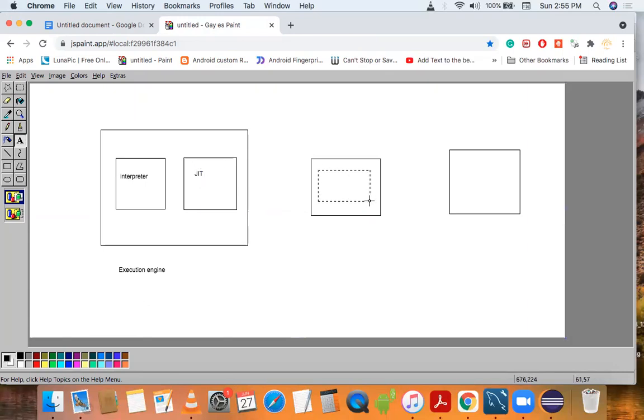And this is our JNI, the Java Native Interface.